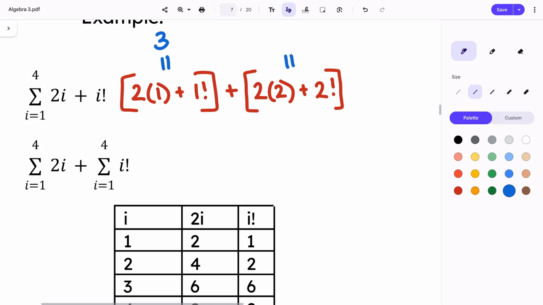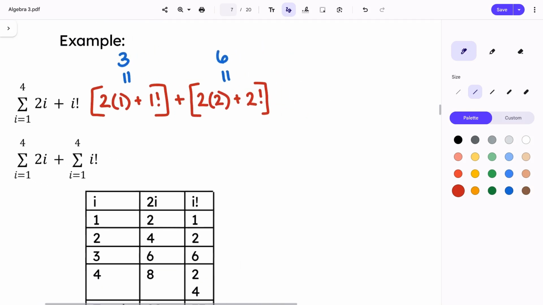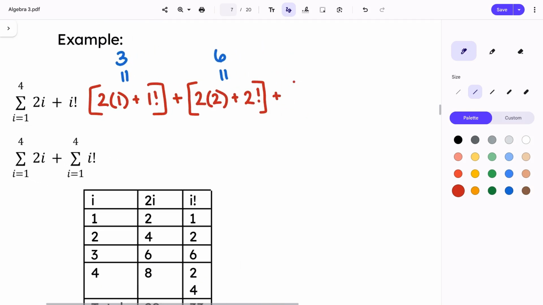What would that come out to be? 6. Good, 6. Next one. Now it would be 2 times 3 plus 3 factorial, which is